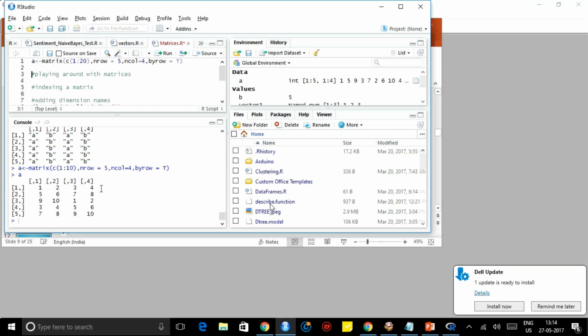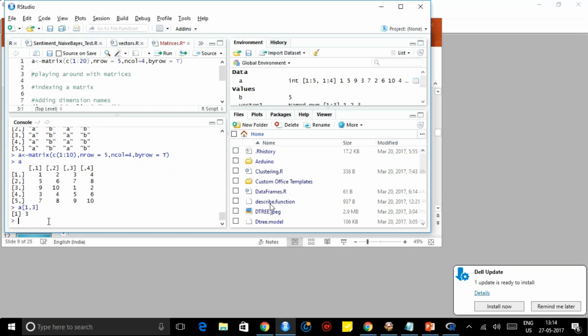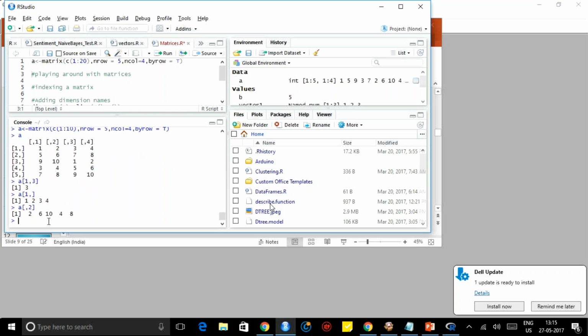Okay. So now we have seen how to initialize, how to create an array, I mean matrix. Now we'll go into how we can index the matrix. A of 1, comma 3. It is 3. Similarly, A of 3, comma 1, things like that. Now there are other cool things you can do. If you want just the first row, you can give A of 1, comma. So you get 1, 2, 3. We will give the column. This column is the second column. So things like that you can do.